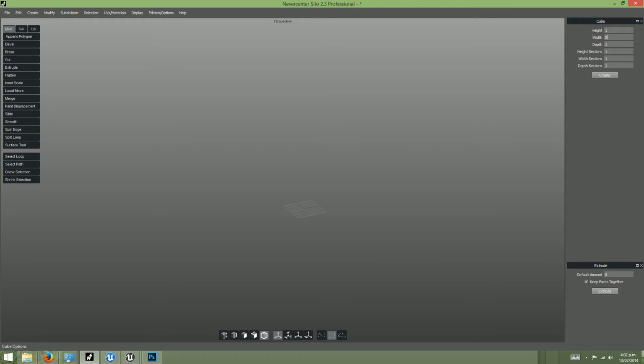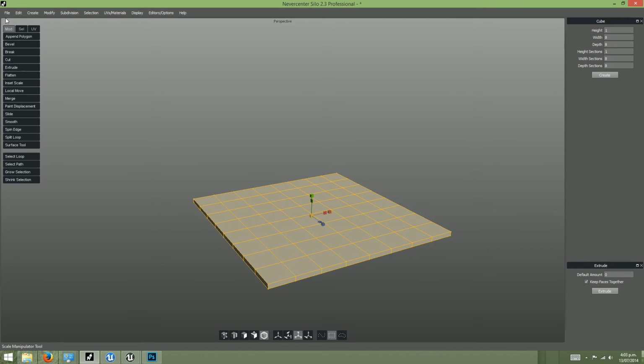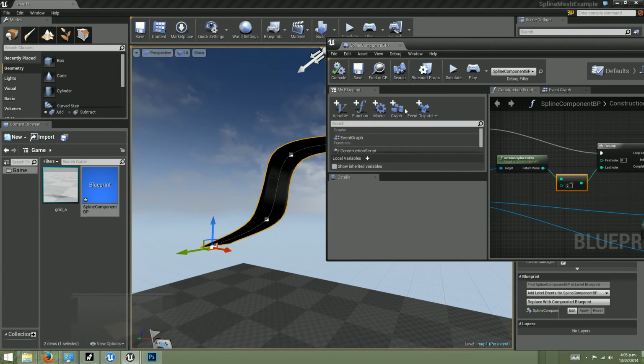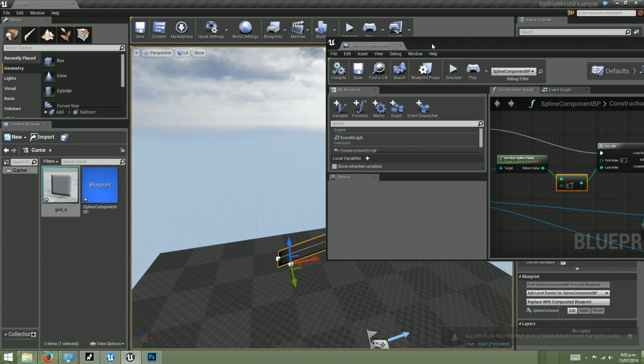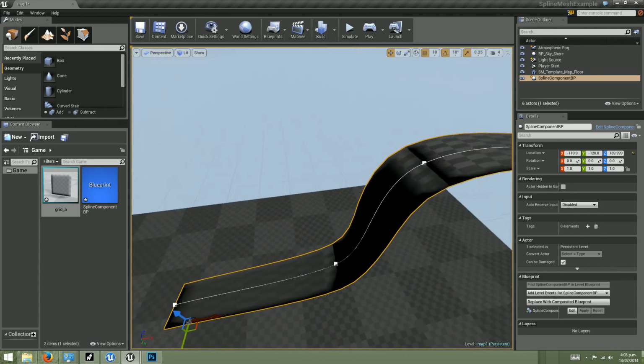So we want width and depth is 8. Oh, that's the size. So we shall create width and depth of 8 as well. So that way we've got a cube. And we shall scale this out in these directions. And let's save selected objects, save over that same file, and we shall re-import that. So now what we see is, just move this out of the way, we see geometry that is being deformed along the splines,